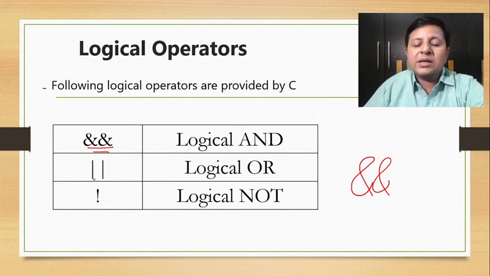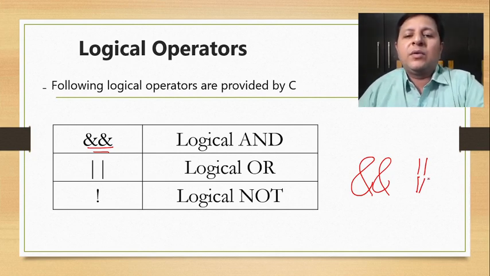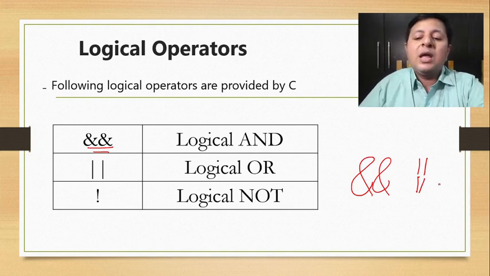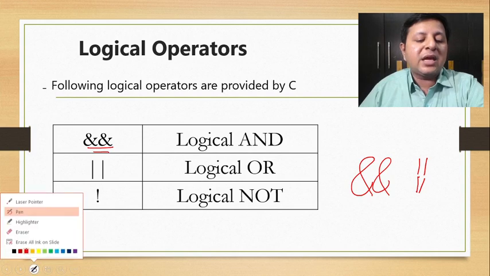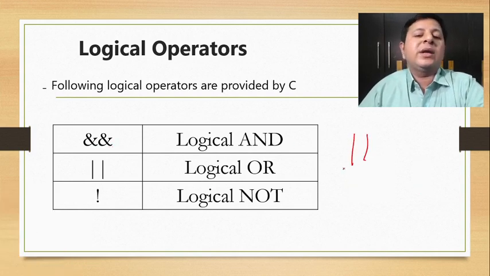Then you can see a vertical sign. Somewhere the vertical sign you may see something like this, with a gap in between. It's one and the same. Even if you see a gap in between on your keyboard, it is the same that you would like to use for OR. But again, it is not the key with the double vertical lines. It's the key with the single vertical line only. You have to make use of it twice. Again, if you use it only once, it has a different meaning.